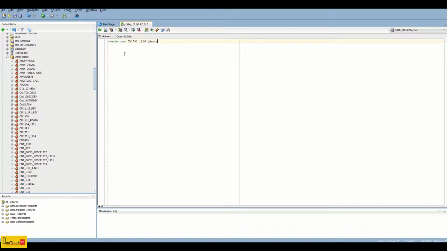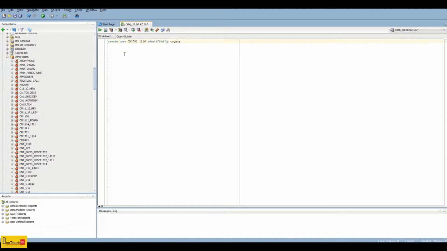So here is the syntax: create user username identified by password, and the password I'm going to provide, just for easy remembrance, Cognos. Now I will run the statement so that the new user schema gets created for our content manager use.